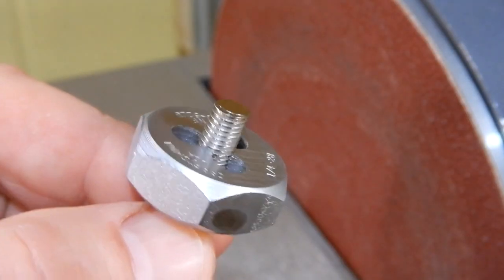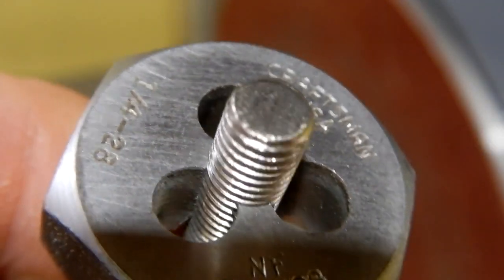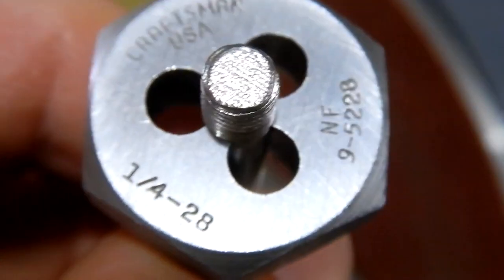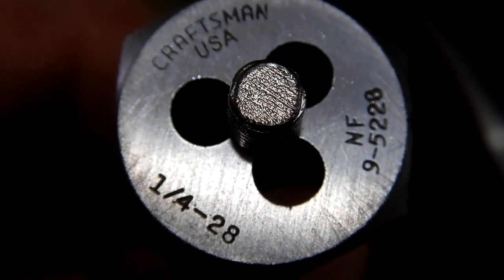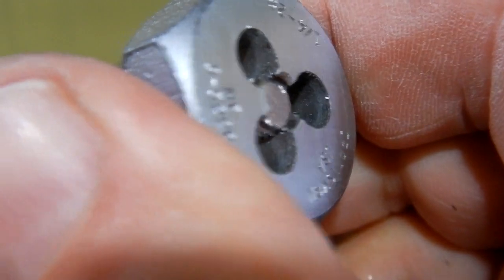Next, I'm going to take this before I do anything else and run this on the wire wheel of my grinder. And when you're done, you should get something that looks like this. Next, we'll back the die off of the bolt. When we get towards the end, we're going to want to run it back and forth. It's getting a little bit stiffer here. So you're going to want to get it past that point, like you see here,